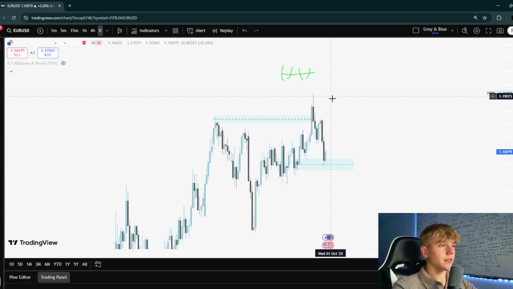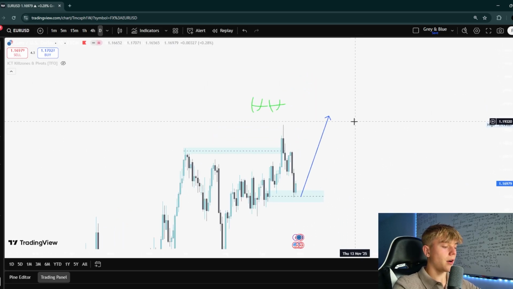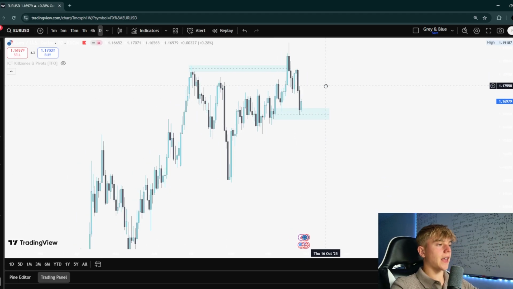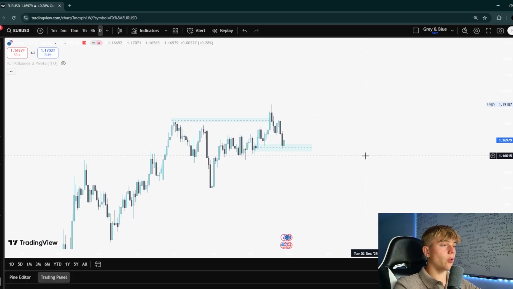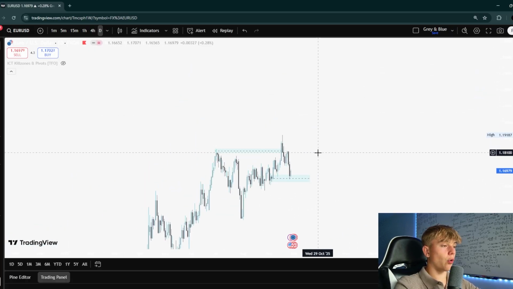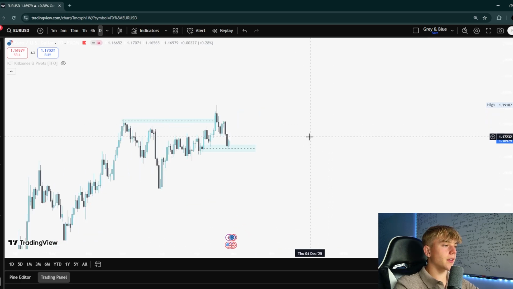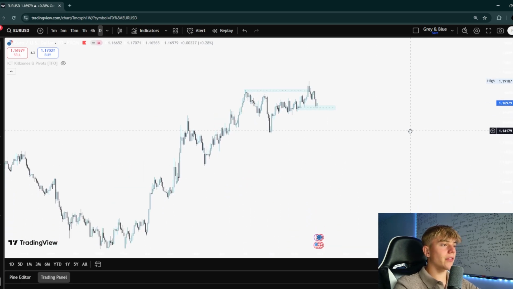Now we're in the retest. I expect price to be bouncing off this retest and continuing up higher. So because of all this put together, my daily bias for this example is going to be for longs. So my daily bias is a buy, and as you can see, I found this just by zooming out on